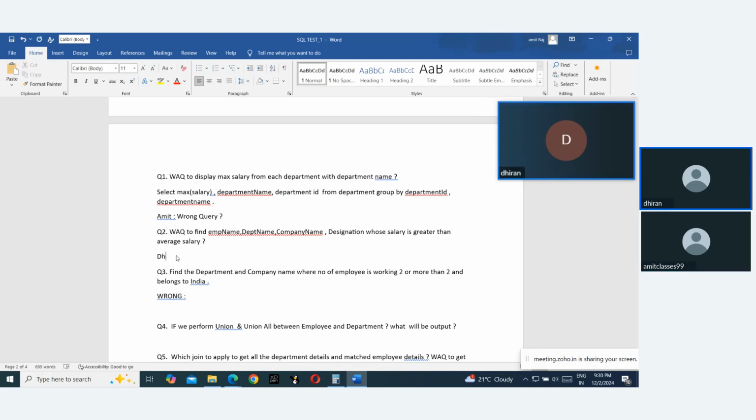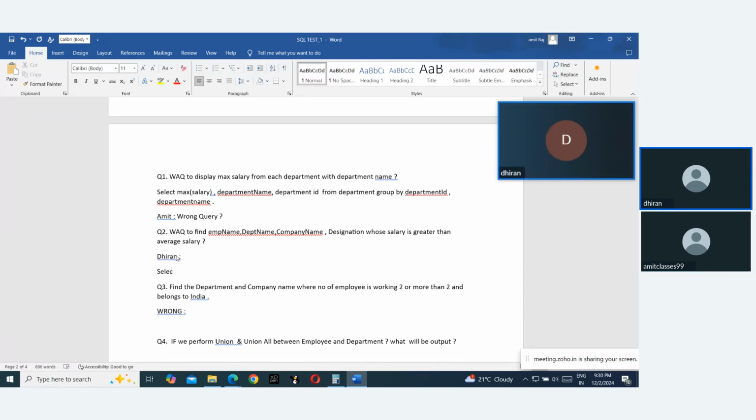Select e.employee_name, e.salary, d.department name, c.company name, e.designation from employee